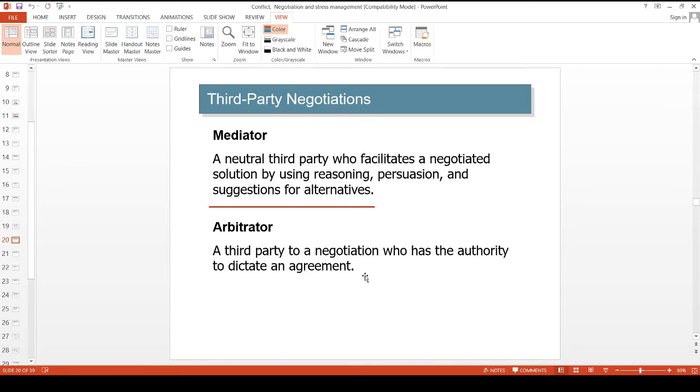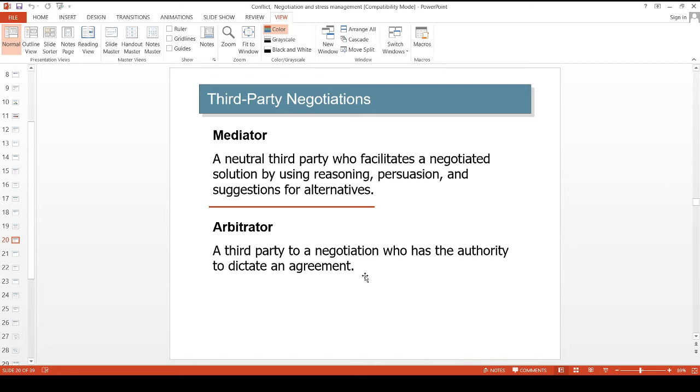Now, an arbitrator is almost similar to a mediator, but there is a difference. In arbitration, the court appoints a particular person or party in order to resolve the conflict. In the case of a mediator, there is a more informal process in which the court is not involved. But in the case of an arbitrator, there is involvement of a legal authority through which we can resolve the conflict between the different parties.